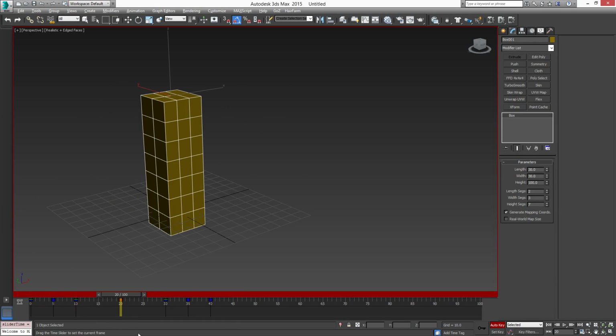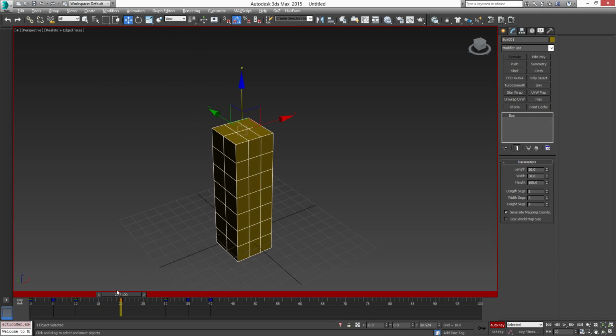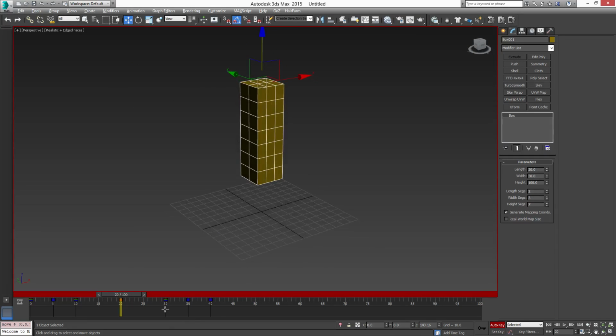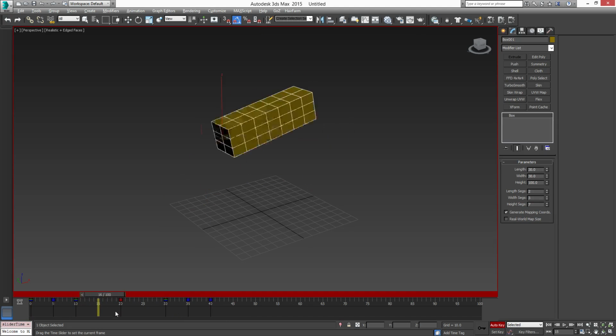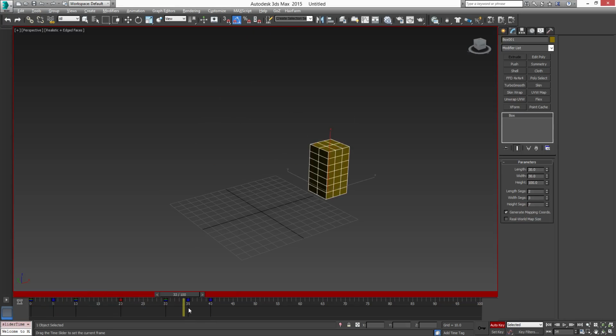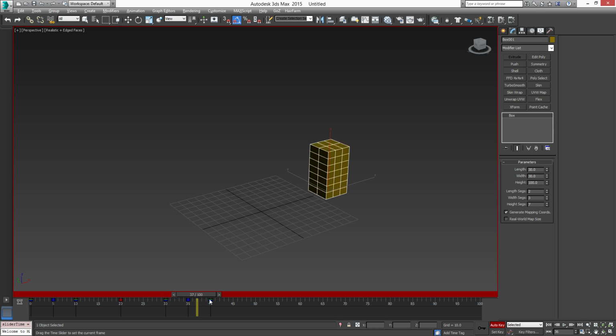So now it looks like the cube is actually penetrating the ground plane here. So I need to move this up a little bit. So on frame 20, I'll move this up on the Z-axis just a bit, like so. So now this is the result that I'm getting. So now that I know that this frame is how I want it to be, I'm going to copy this onto frame 40 so I get those additional 2 keyframes there. So that's one way I can do it. I'm going to undo that